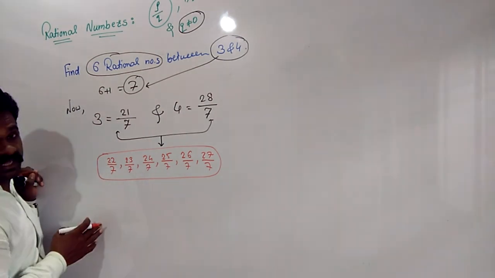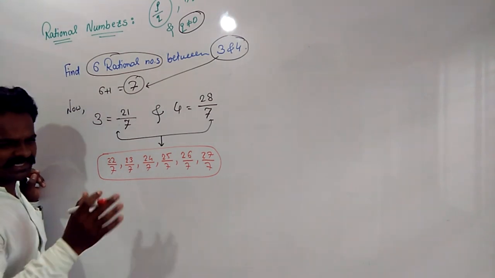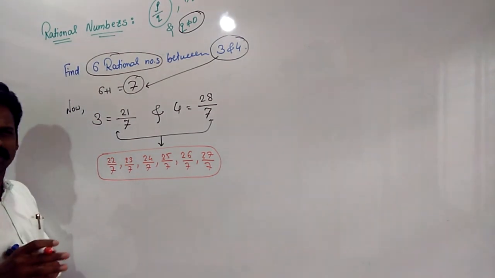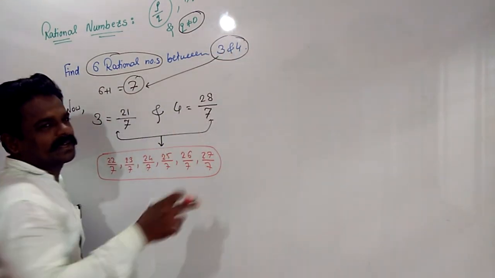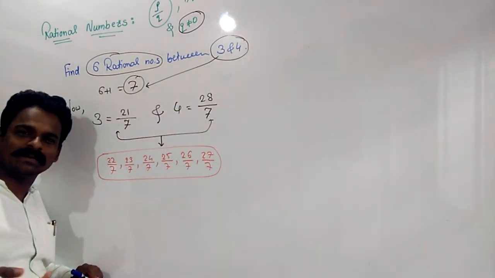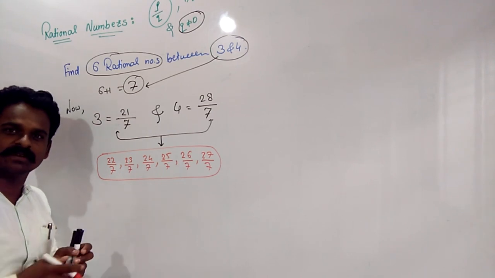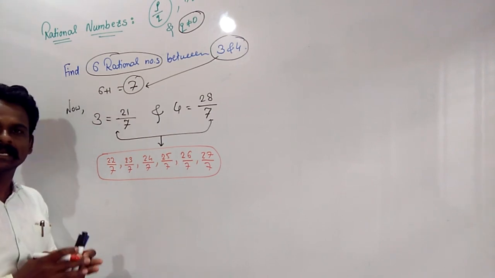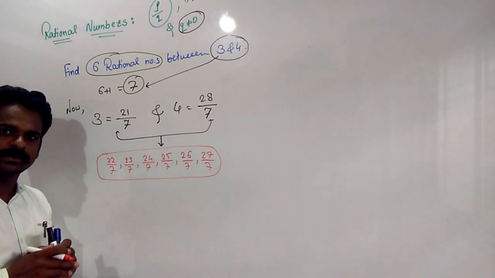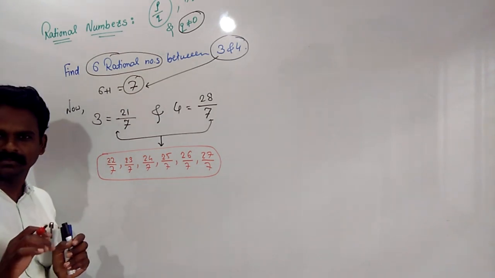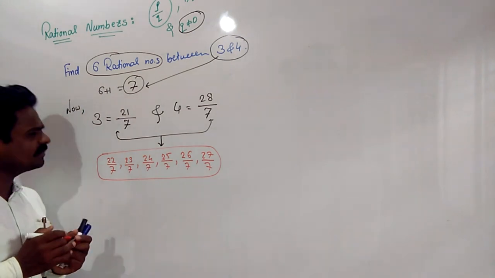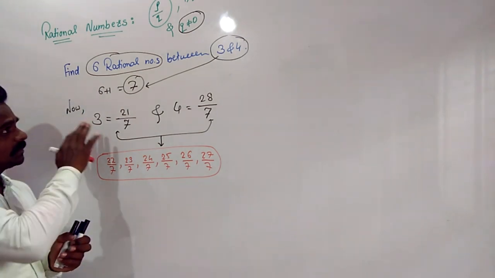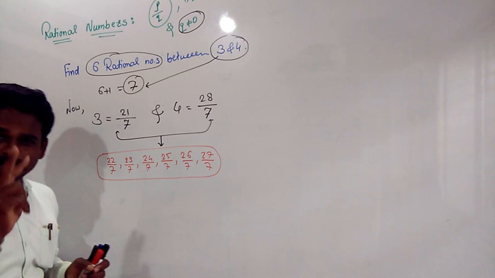So that was the second method. The first method was somewhat lengthier. That is also easy but lengthier. We just add these two numbers and divide by 2, then we get the third number. Then first and third addition divided by 2, second and third addition divided by 2, and in that way. But we don't want it. We want this one only. Okay, so this is very easy. So this is problem number 2.